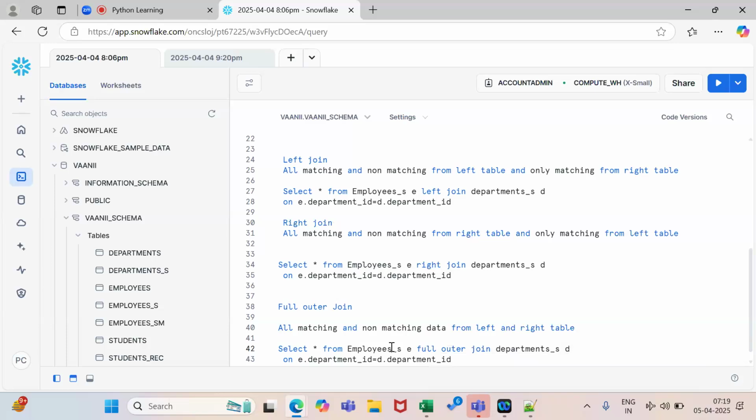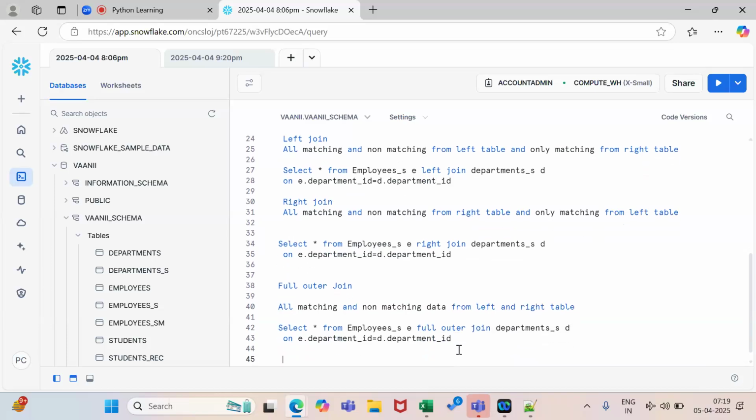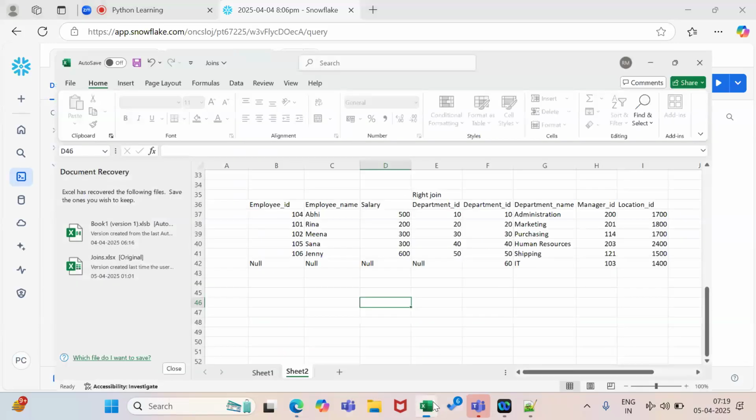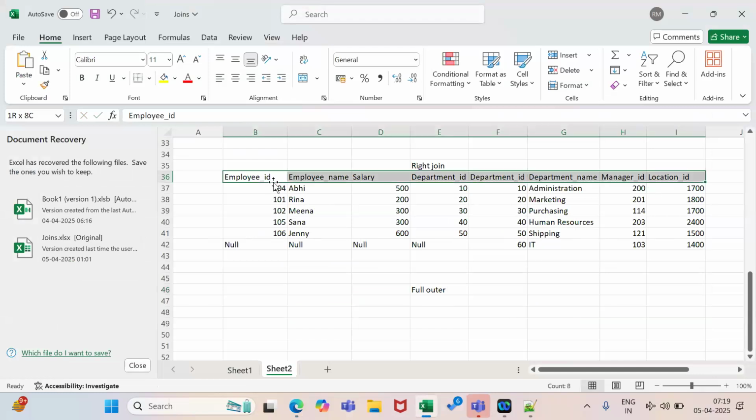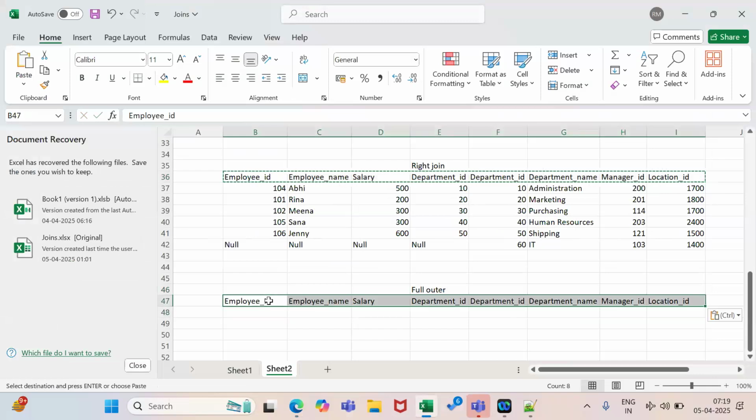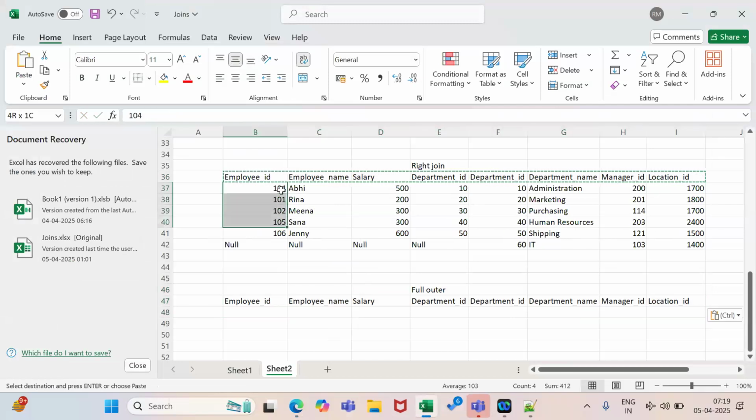Okay, so let's see here. So these are the data which are matching, which are common.